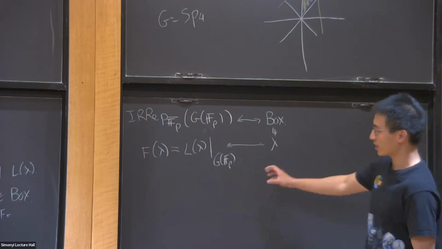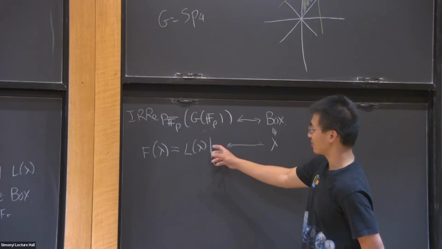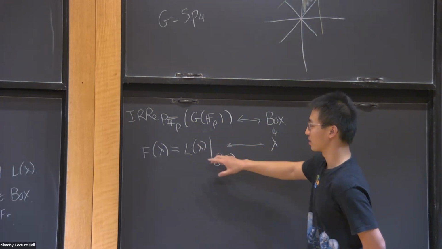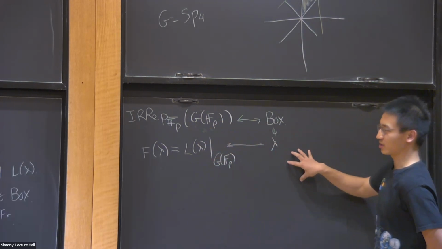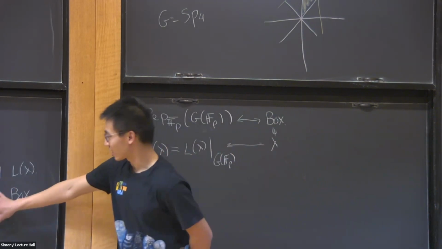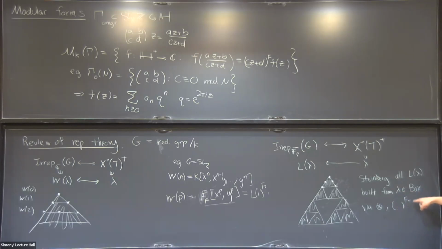Okay, and so you can kind of see, if you believe that the representations should extend to the algebraic group, these are the only ones you could expect to get, because once we look at Steinberg's recipe, the Frobenius twist will do nothing to this subgroup. And so all these other irreducibles are built by tensoring the ones you already have from the box, but then when you tensor them, they won't be irreducible anymore. So Steinberg's recipe is telling you this is all you could expect to get in this way, and it turns out to account for everything.